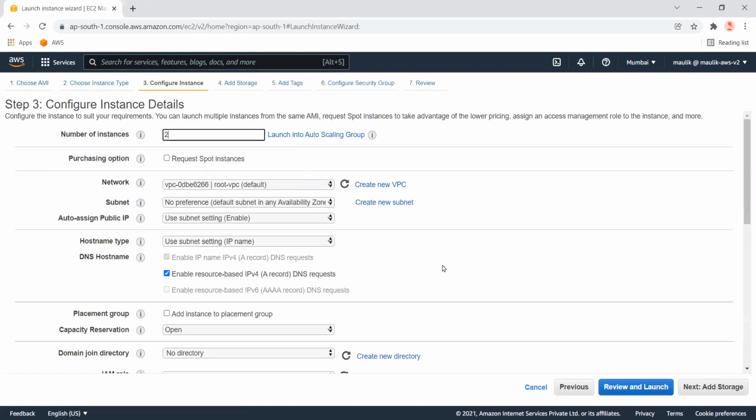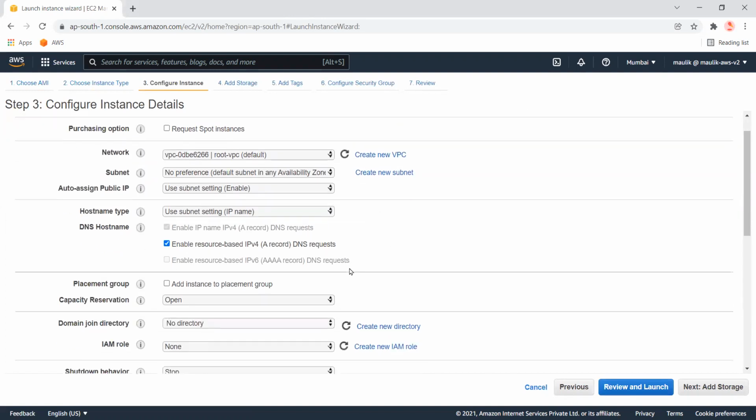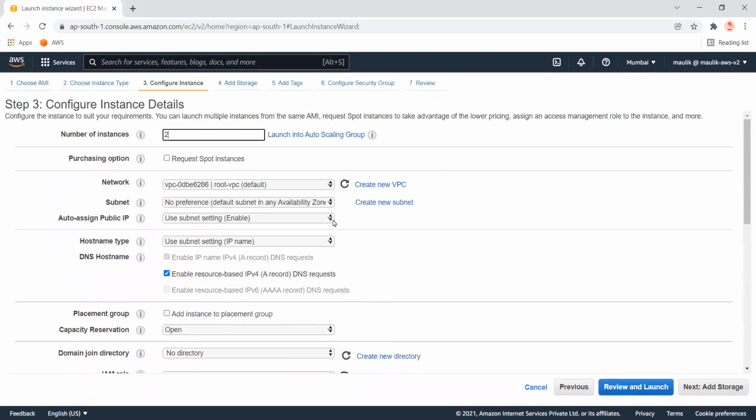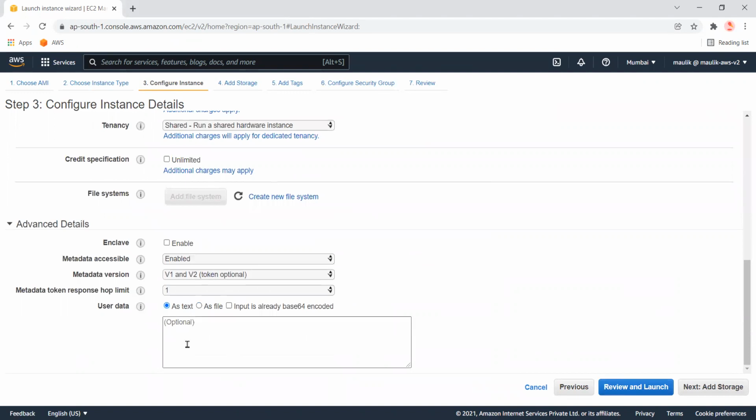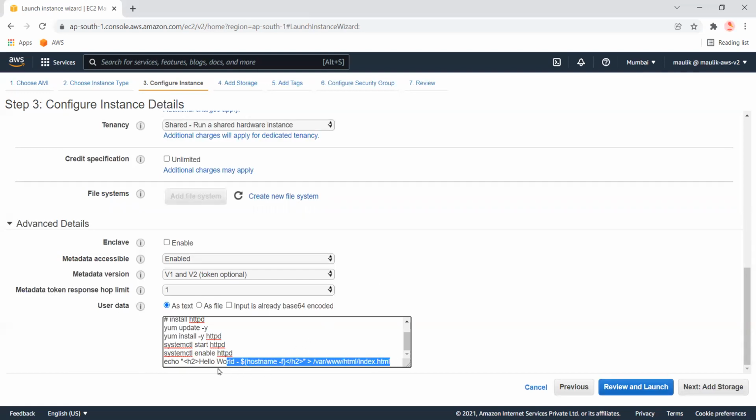We'll launch two instances directly with the same configuration, and let's keep the default configuration as it is. In this text box, I will put a few commands which will install a web server and create the index page with "hello world" and the current IP address.